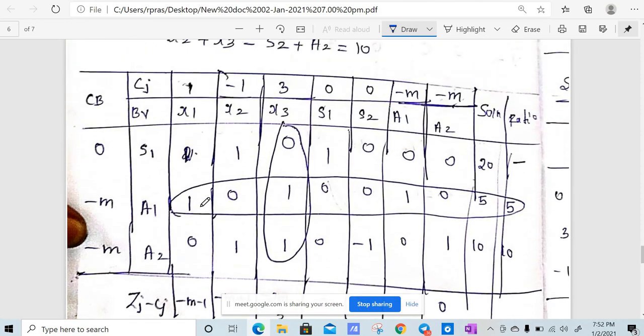And the important thing is what is entering and what is leaving. You can see x3 is entering and a1 is leaving. And I think you don't need to add s1 here. If you put a1 a2 itself, it is enough. So just try putting a1 a2 alone, you don't need to write s1, I think. Okay,